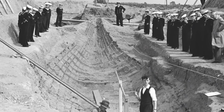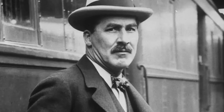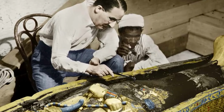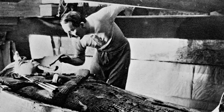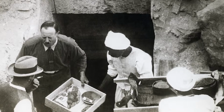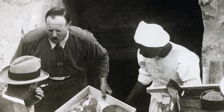Journey with me to Egypt, 1922. Howard Carter, an archaeologist backed by the wealth of Lord Carnarvon, made one of the most significant archaeological discoveries of all time, the virtually undisturbed tomb of the pharaoh Tutankhamun. After years of fruitless digging in the Valley of the Kings, Carter's persistence finally paid off. He discovered a flight of steps that led to a sealed door and beyond it, a world untouched for over